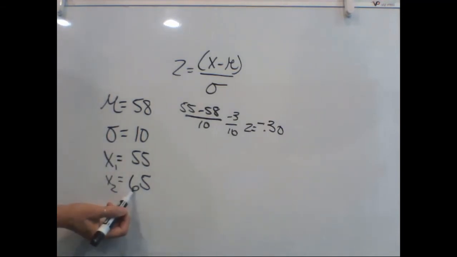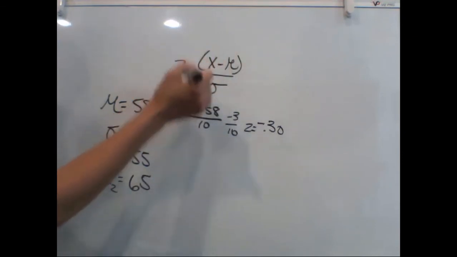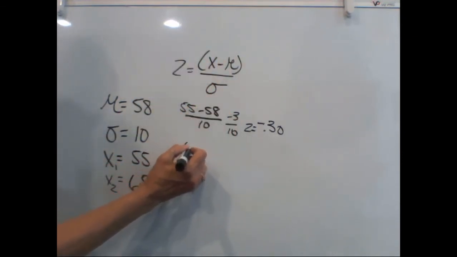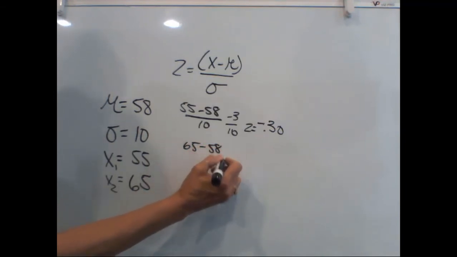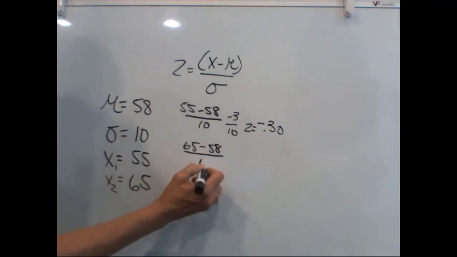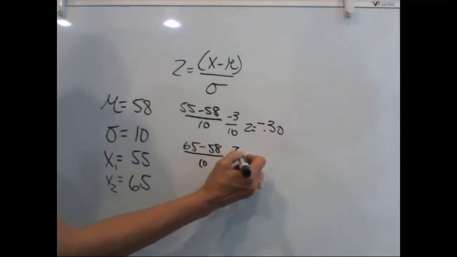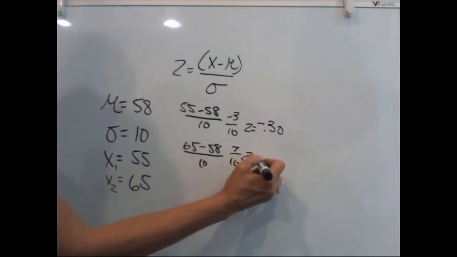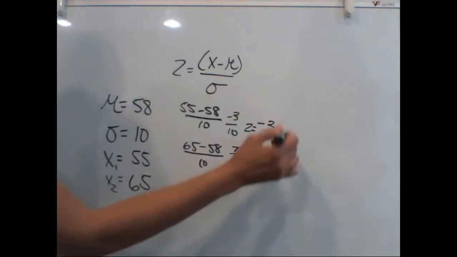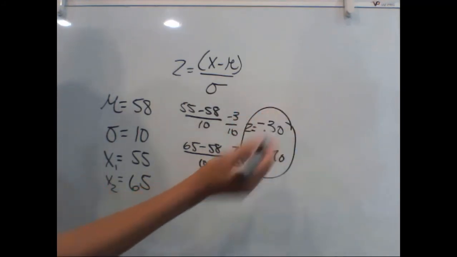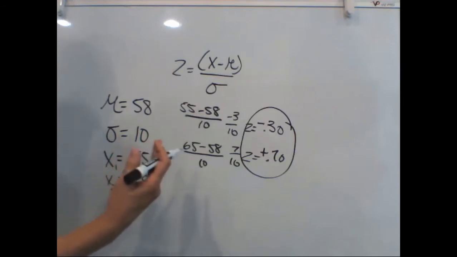The second speed, the higher speed, was 65 miles per hour. So let's plug that into our z formula. 65 minus the mean of 58 divided by the standard deviation of 10 gives us 7 over 10, or a z-score of positive 0.70. These are our two z-scores, and we're trying to figure out what is the proportion between